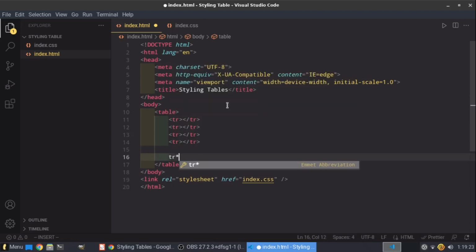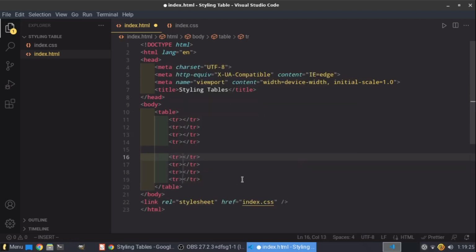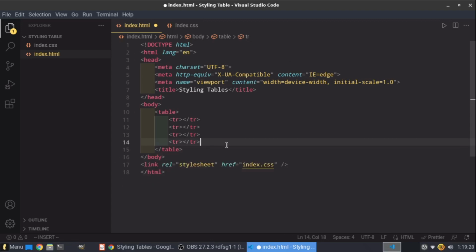If you don't have this shortcut, then you have to place them all manually. Anyways, if you don't have this shortcut, then write 4 TR tags,